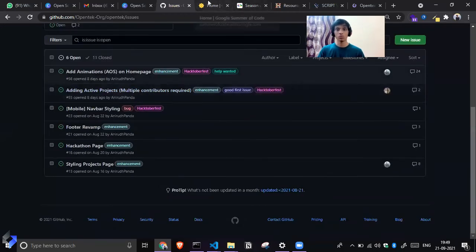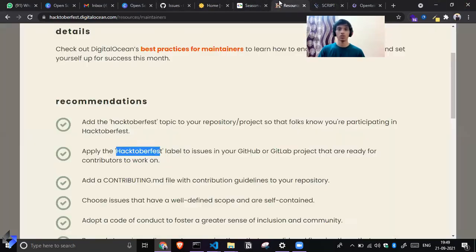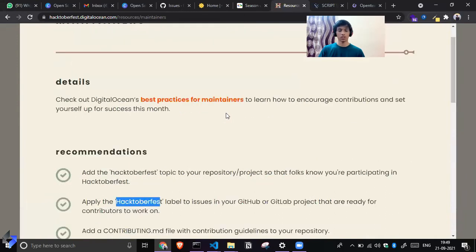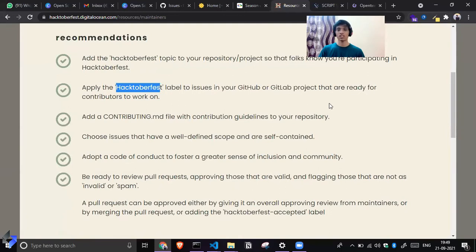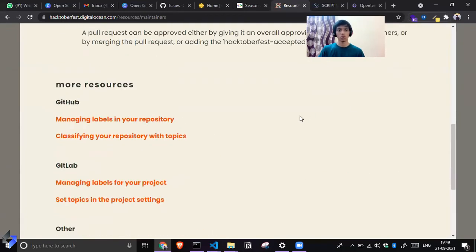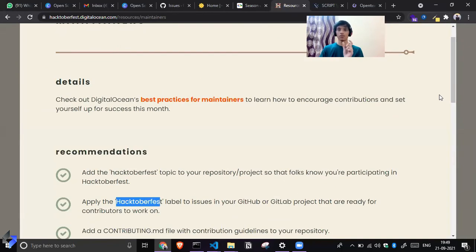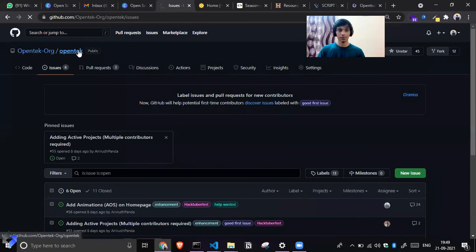There is no participation form or something. In the month of October, a link will come here which you just have to link with your GitHub. Then you are good to go. You can contribute to any repository you want which has Hacktoberfest in its description.